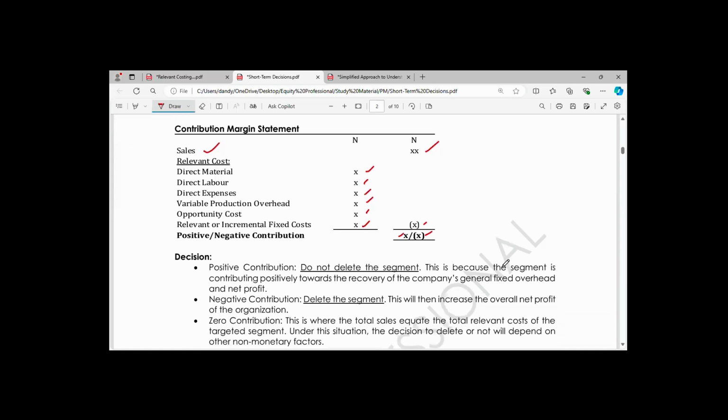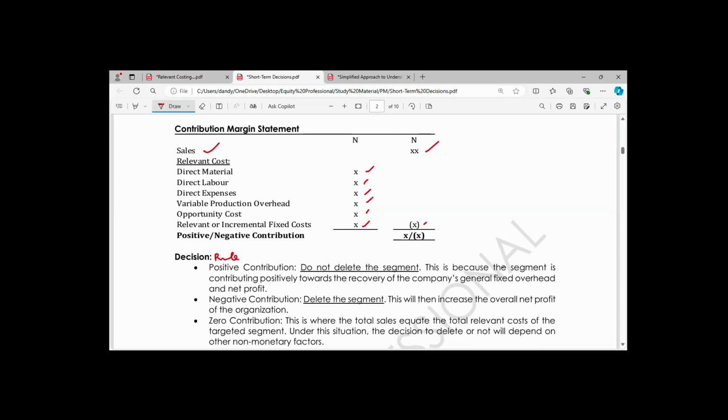Now, after you have carried out your financial analysis, that is your economic analysis, you may need to advise. You need to advise on your results because management does not know what positive or negative contribution is all about. This is where you have to demonstrate your expertise and recommend to the management what they need to do. So the decision rule,